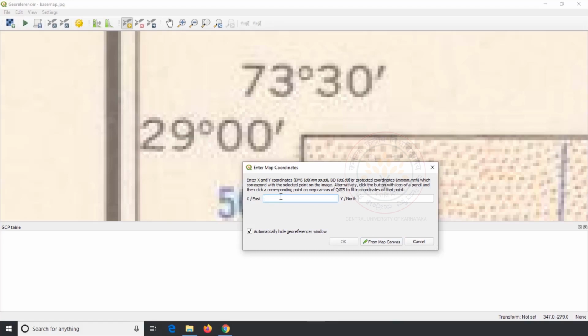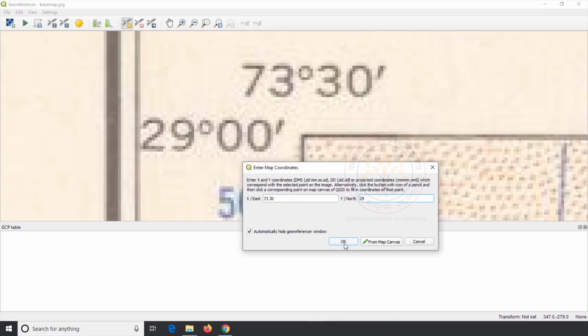As we do not have seconds and minutes in some of our values, we can stop after entering degrees or minutes. As the values of longitude increase horizontally, longitude value has to be entered as X, and as the values of latitude increase vertically, the latitude value has to be entered as Y. For the first intersection, I type 73, a space and 30 as X, 29 as Y.